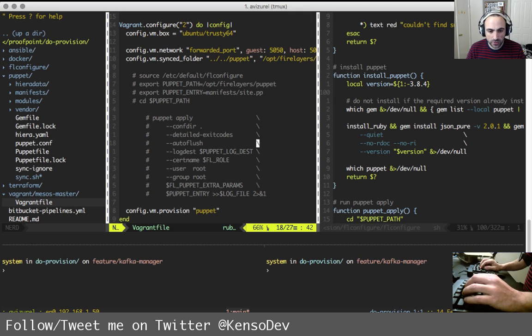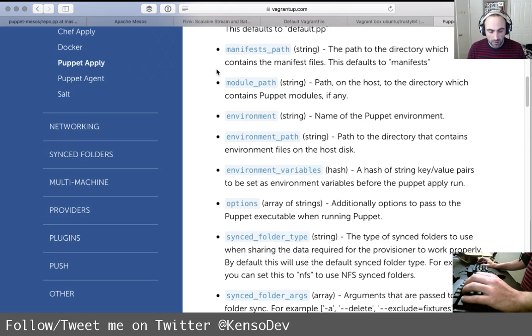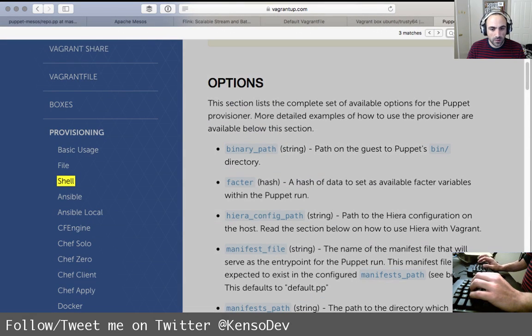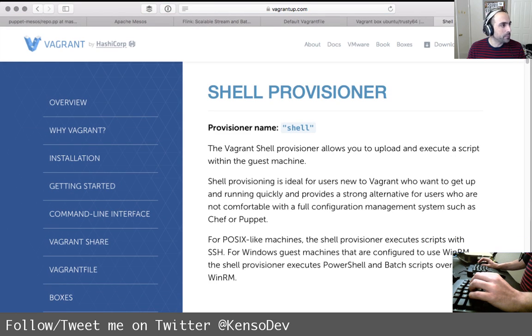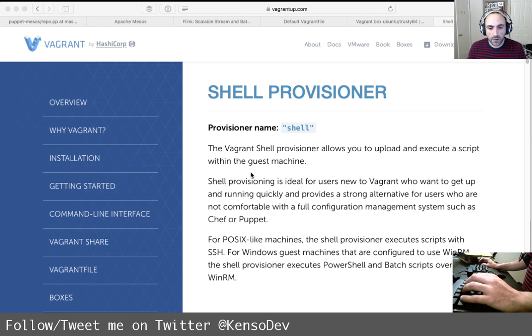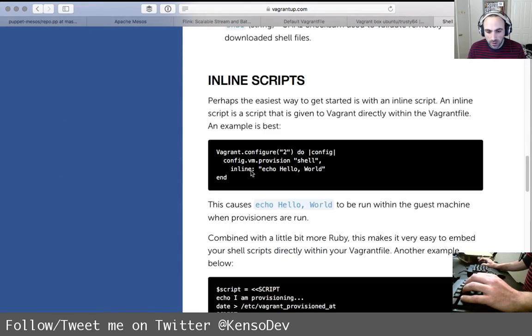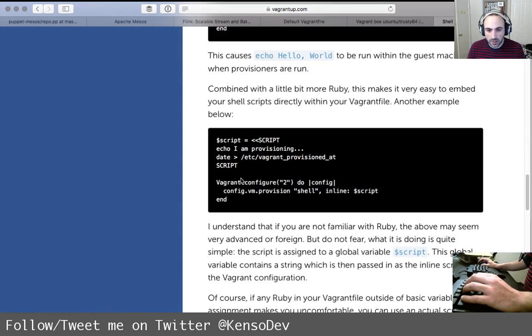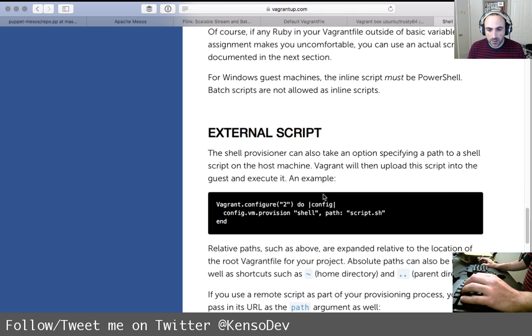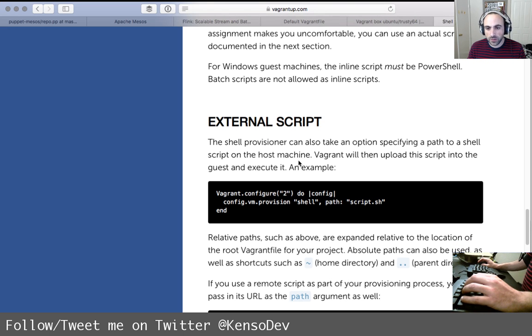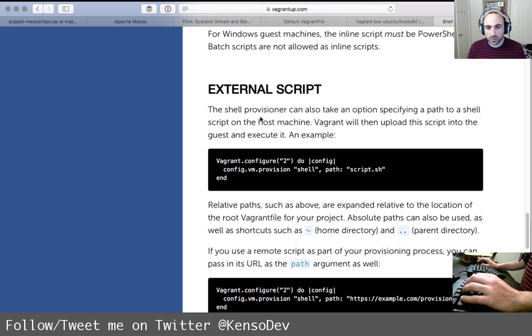All right, so first we're gonna provision with shell. Let's look at Vagrant again. All right, so let's look at the shell provisioner. Okay, so config shell, and I don't want inline, I want external. The shell provisioner can also take an option specifying a path to an install script on the host machine.